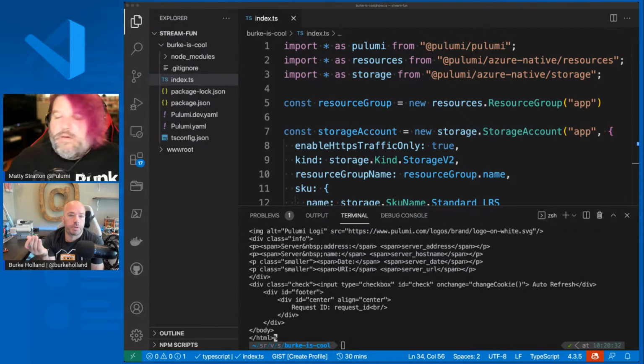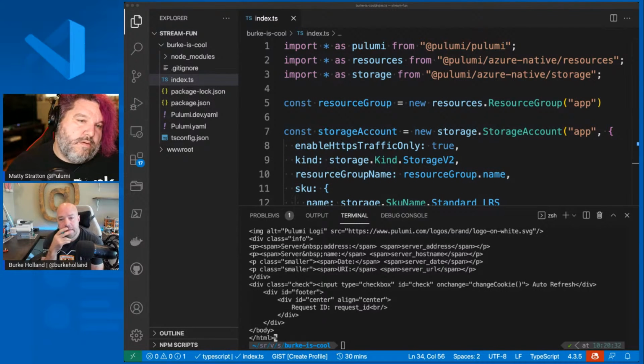So this is nifty, but let me ask, what is the cost here for me as a developer to use Pulumi? What's the cost to my company? That really depends upon how you're using it. The project itself, Pulumi, is free and open source. Even our platform, if you're using it for the back end, is free as long as it has to do with how many resources are under management. For most people, you're not going to hit that.